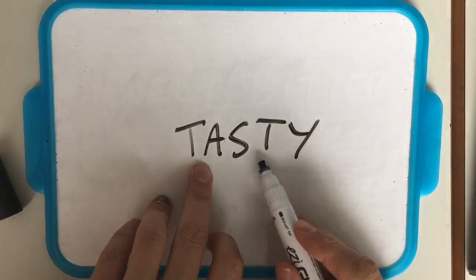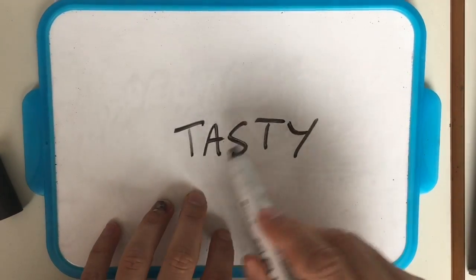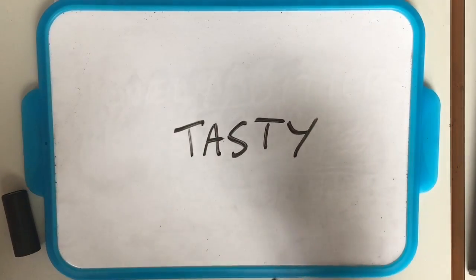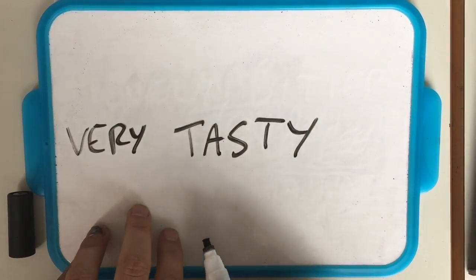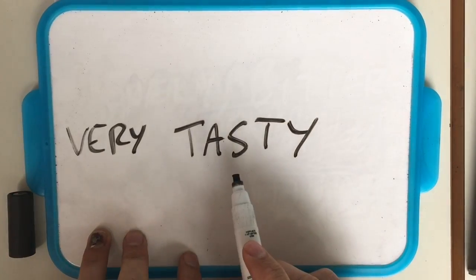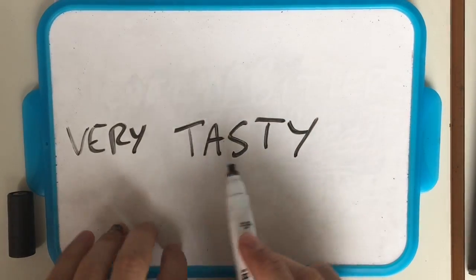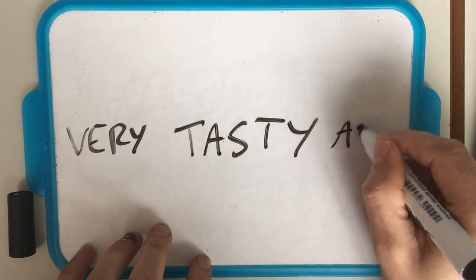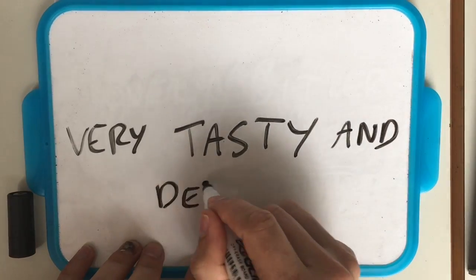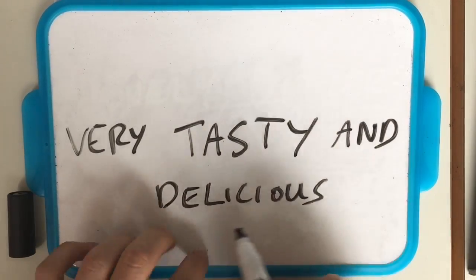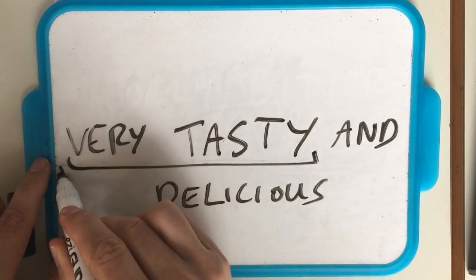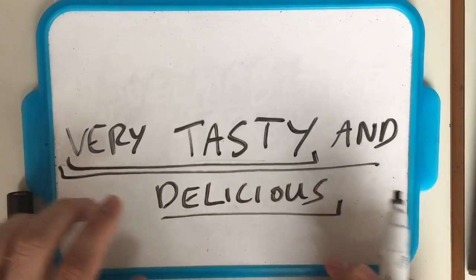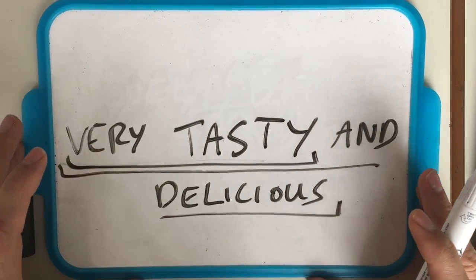It's a sort of very tasty cup of coffee. If that's the word that I want to build a phrase around, I could have something like very tasty. That's no longer a word, it's a phrase. Okay, very tasty, and I could have very tasty and delicious. Very tasty on its own could be a phrase, yeah. Very tasty and delicious on its own could be a phrase, and they'd both be what we call adjective phrases